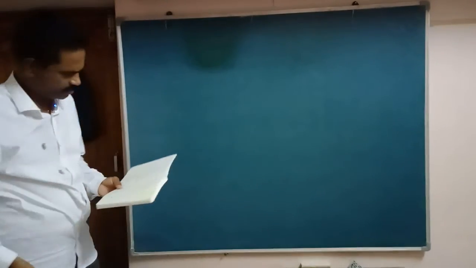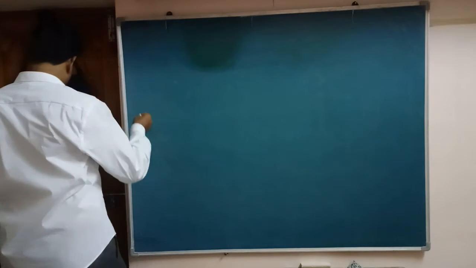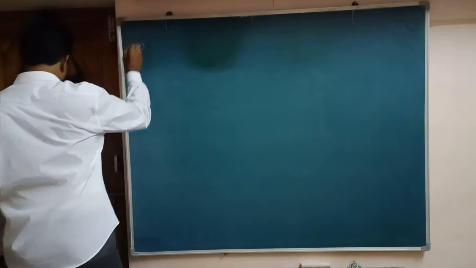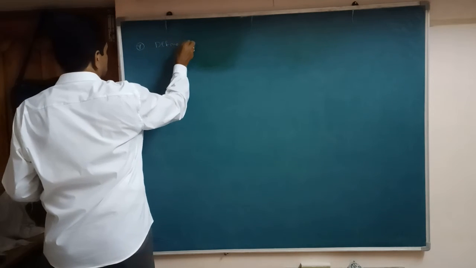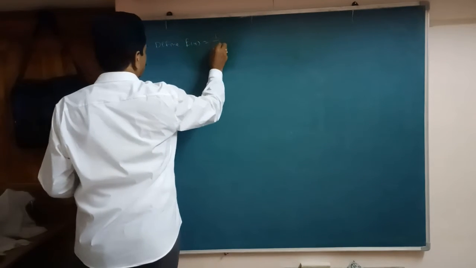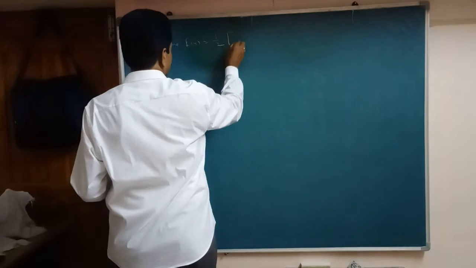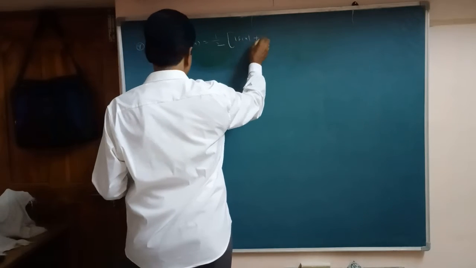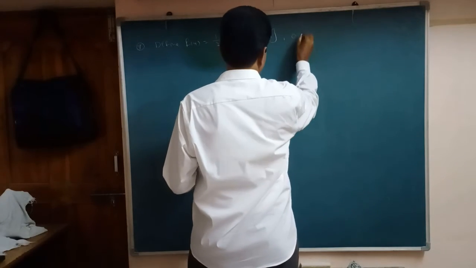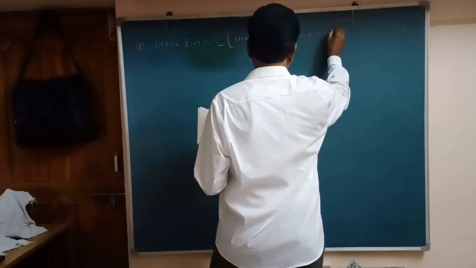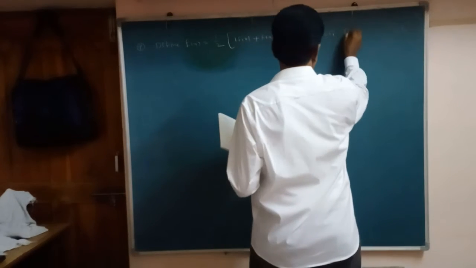Next, seventh one. Here, define f of x equal to 1 by 2 into mod sin x plus sin x, where 0 less than x less than or equal to 2 pi. Then f is